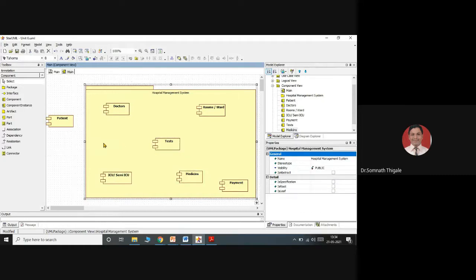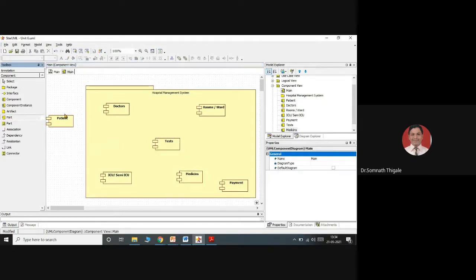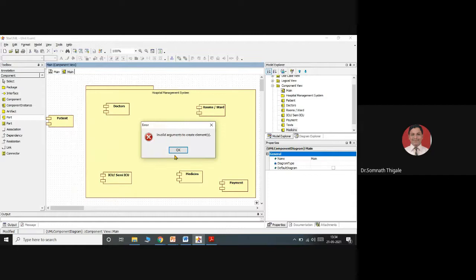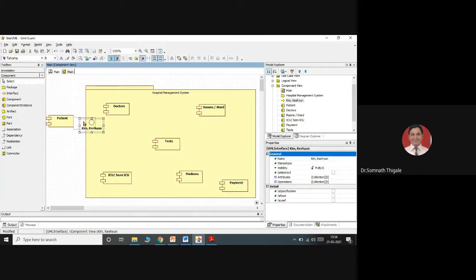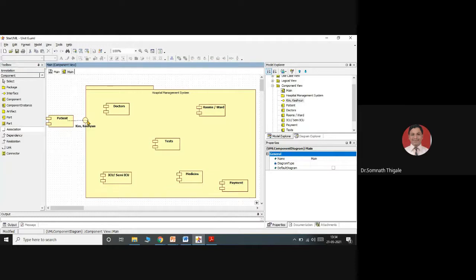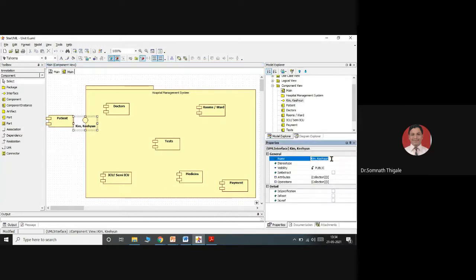Okay, so the patient will interact with the ports, so I'm considering this as a port part. Consider this as a port, or I'll consider this as an interface. The patient will be associated with this through the port. So this interface I'm calling the patient doctor appointment.